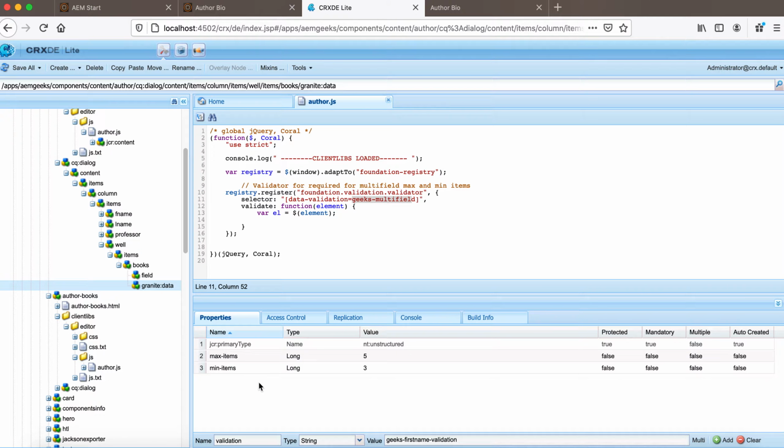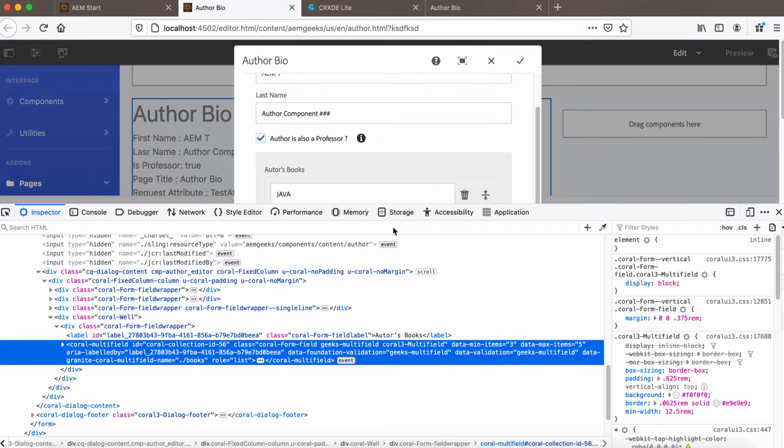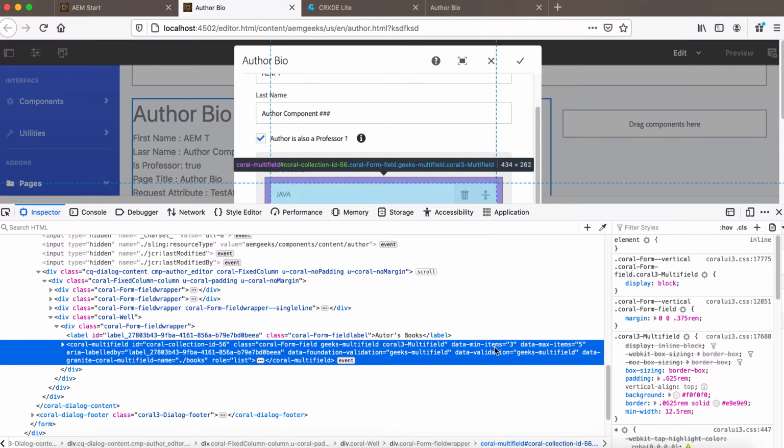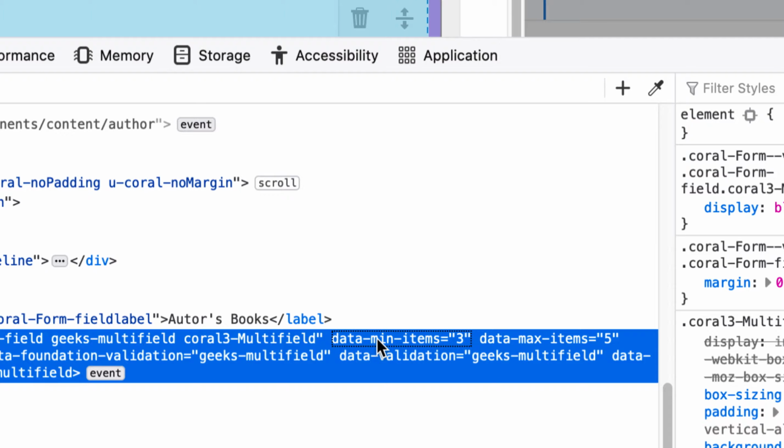Max item is 5 and min item is 3. That means I will use these attributes in my validator code. If you open and see the dialog, you will see two more attributes, data-min-items and data-max-items 5. Whatever I gave there, you can see here, right? These two fields.